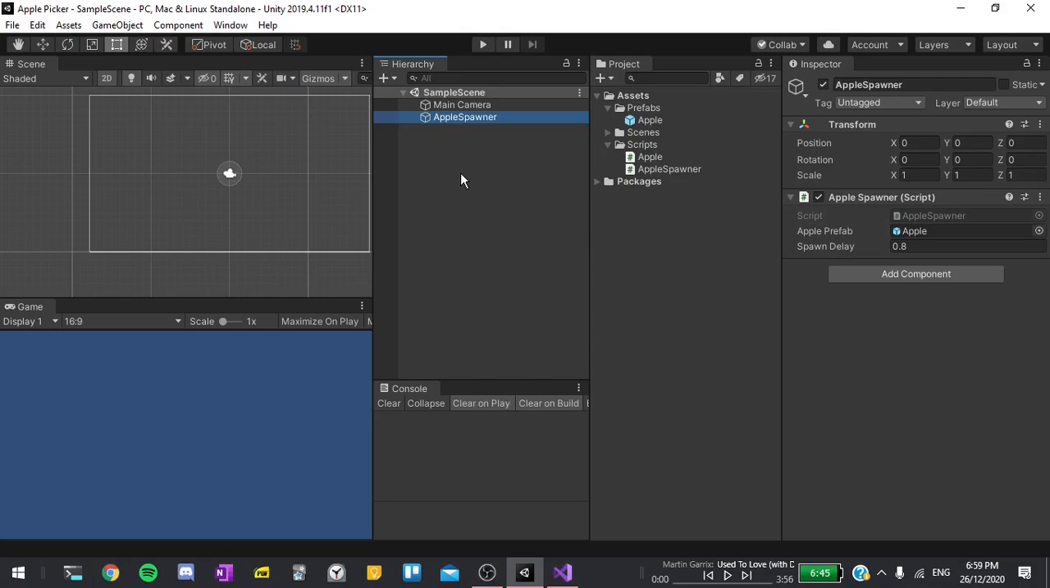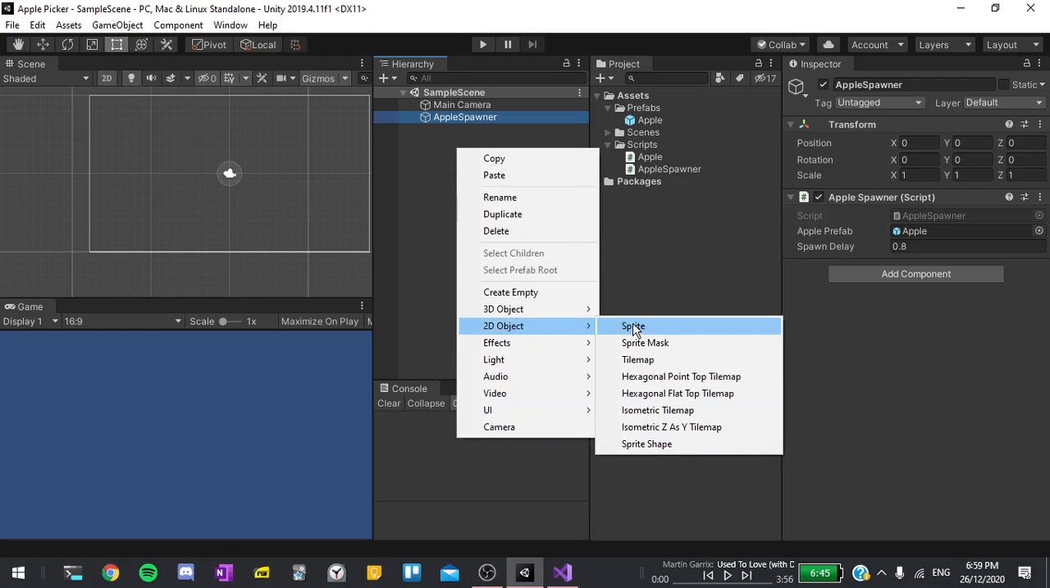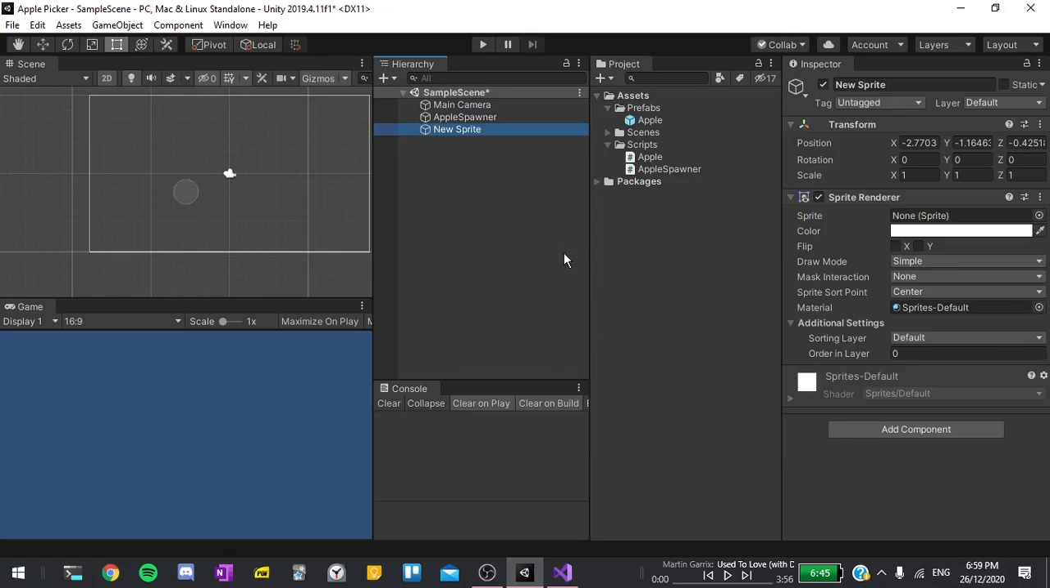The first thing we're going to do is right-click in the hierarchy, go to 2D Object and select the sprite. I'll hit F2 to rename it and call this the basket base. For the basket's graphics, we're just going to use a white rectangle for now, so if you're on Windows, open up Paint,